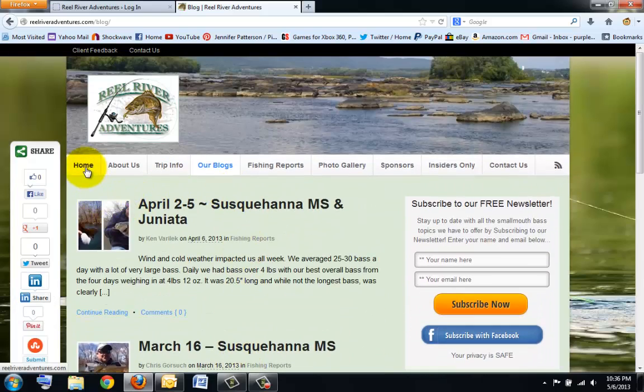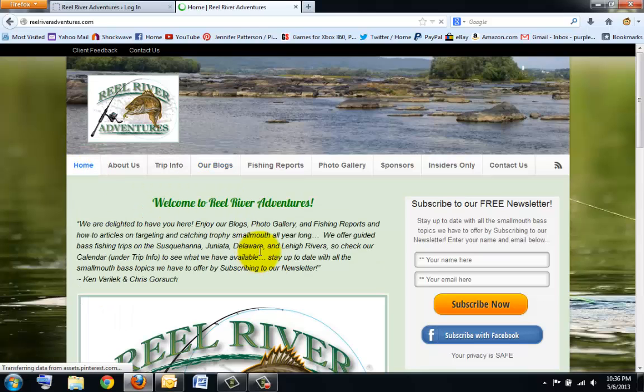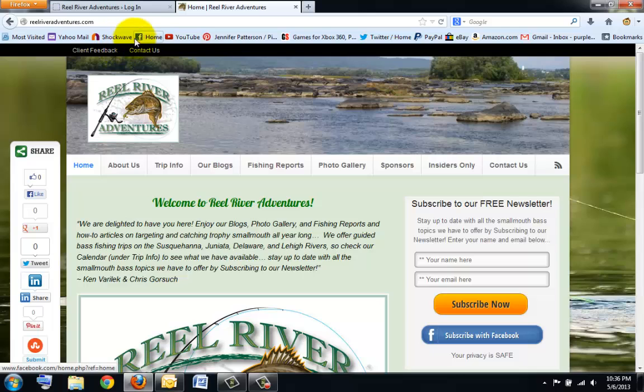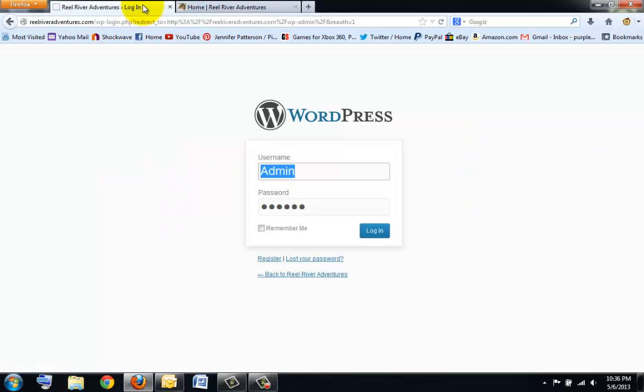But even if your blogs show up on your home page, how to add blogs to your WordPress site is going to be the same. So step 1, you need to go to your site name, whatever that is, .com/wp-admin, and then you're going to get to a login screen. So you're going to log in with your username and password